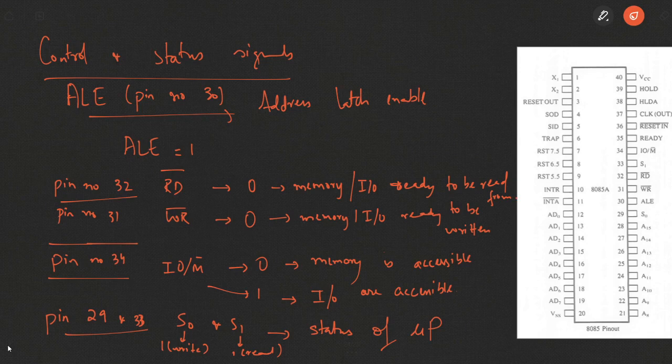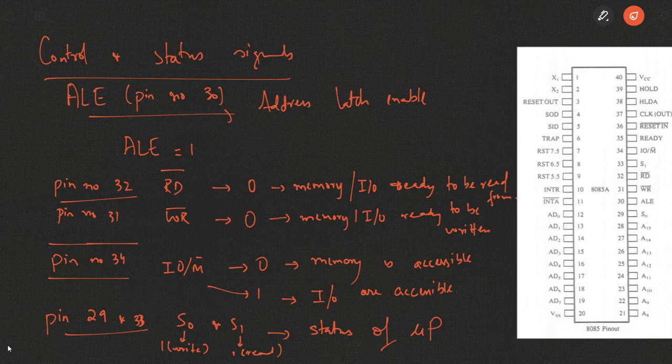Pins 29 and 33, S0 and S1, basically define the status of a microprocessor, whether it's a read operation or a write operation, whether it's a halt operation, a hold operation, etc. Pin number 30, address latch enable, is used to enable the pins 12 to 19 to carry the address of the microprocessor rather than to carry the data bus. Pins 31 and 32 are meant for read and write operations, and they are active low